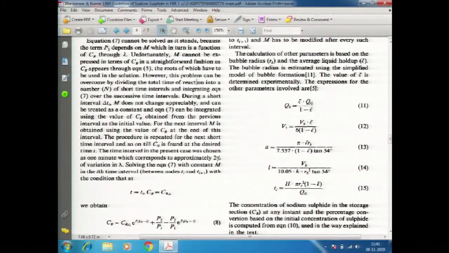Okay. The parameters you require, you can figure out quite easily. Let me explain this. Q1, the drainage rate or the liquid carriage rate in the foam section. If the gas flow rate is Qg, then epsilon bar upon 1 minus epsilon bar multiplying Qg will give you Q1. Okay. The volume of liquid film can be obtained from here, Vb upon 6 into epsilon bar upon 1 minus epsilon bar.